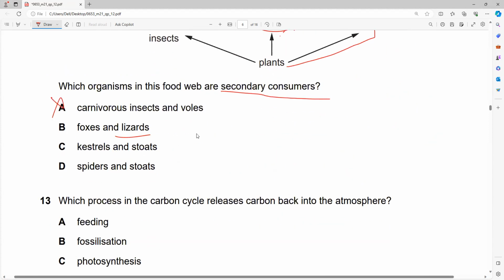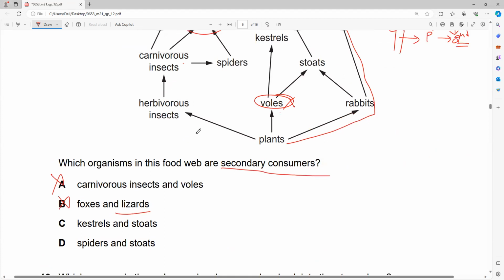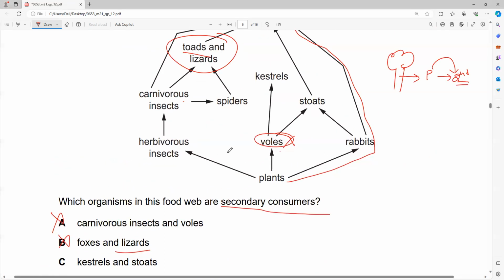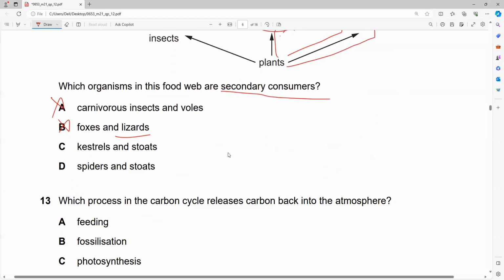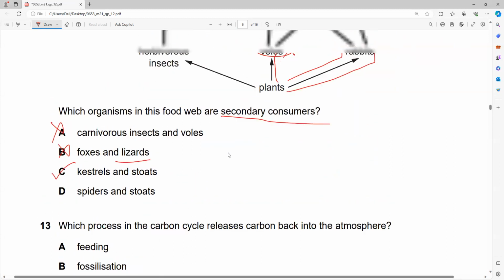Third option, kestrels and stoats. Kestrels in this food chain, stoats, yes. So you can take it this way, it is secondary. So option C. Last one, spiders and toads. Spiders